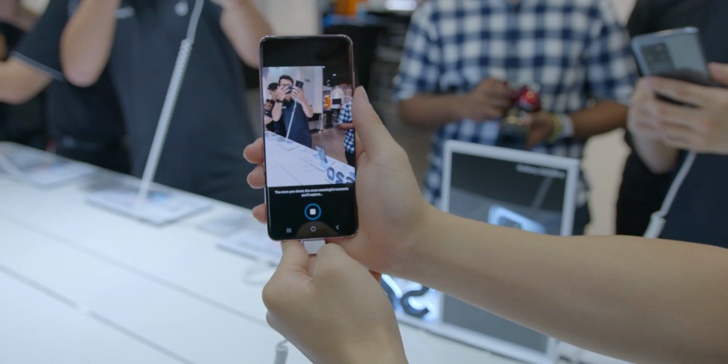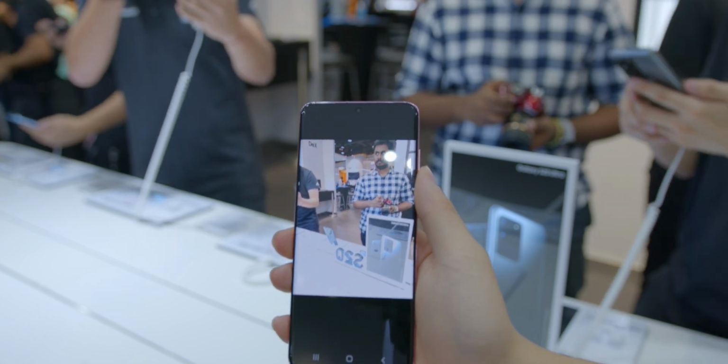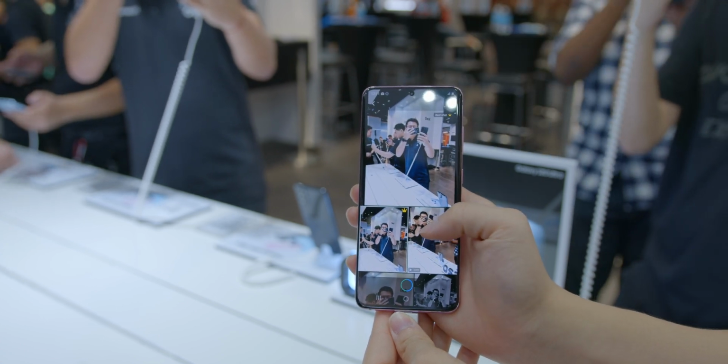Then there's also a lot of cool features within the camera app, like single take mode, which allows you to choose between the best shots with this AI best moments feature. So yes, I can't wait to test all these camera capabilities once I get the phone to do a full